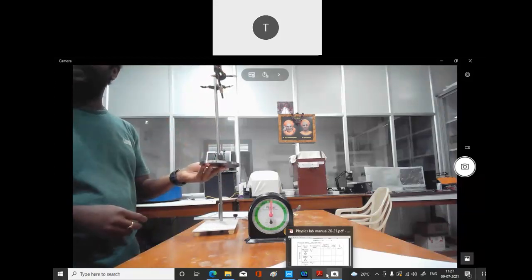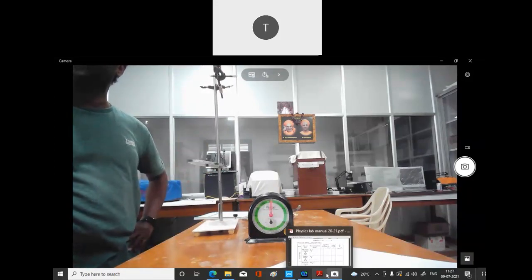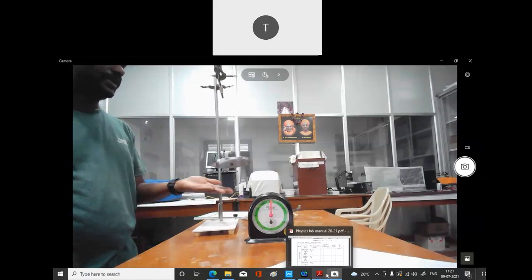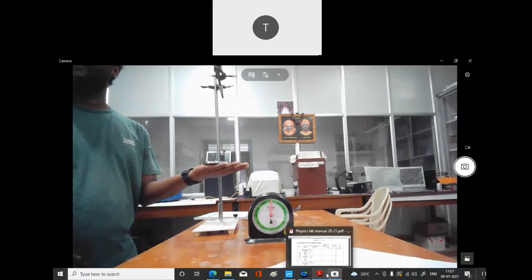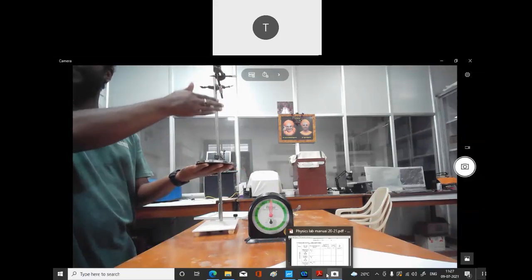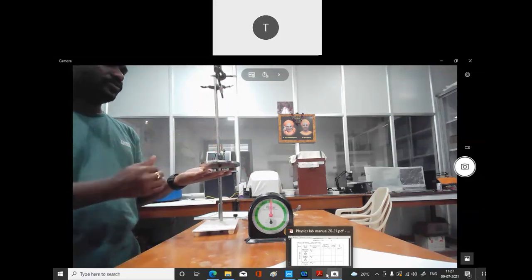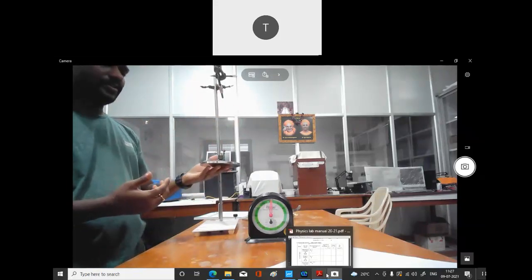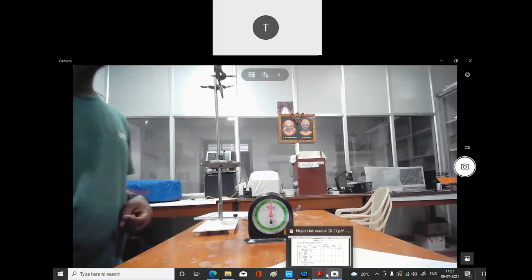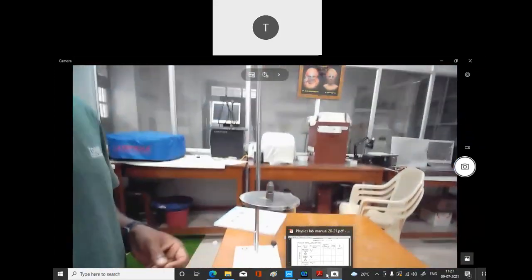If I do it like this, it is a to and fro motion, which makes it a simple pendulum. But I don't want a simple pendulum; I want a torsional pendulum. The plane has to remain constant. With a to and fro motion, you could see this plane was moving. We need to fix this, so we have to give a circular motion.